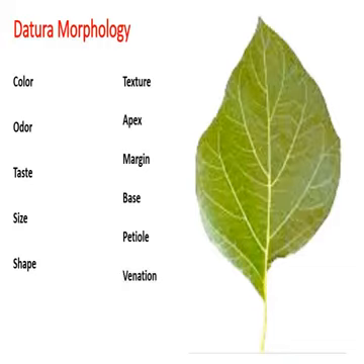And the last part is venation. The pattern in which the veins are scattered throughout the lamina is called venation. Venation is generally observed more prominently on the ventral surface. Here, the Datura leaf shows